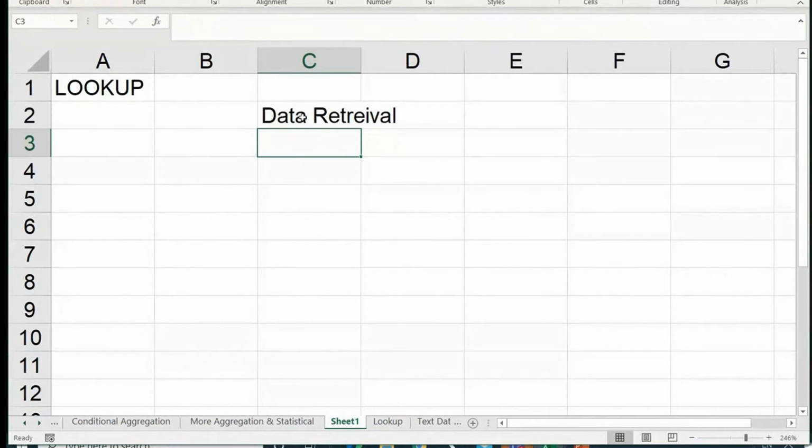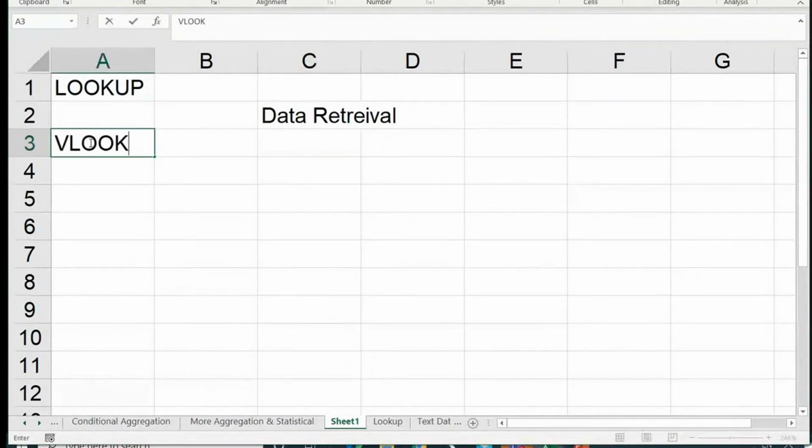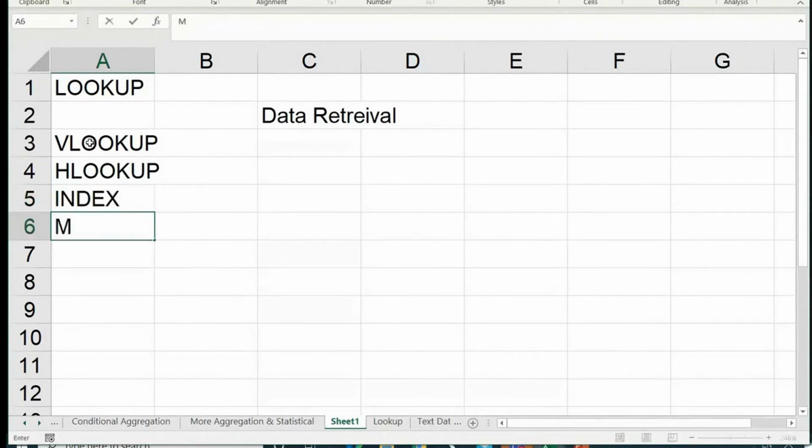Retrieval can be done through many lookups in Excel, and VLOOKUP is one of them. Guys who know it, know VLOOKUP stands for vertical lookup, right? And there is also HLOOKUP for horizontal lookup. And there are functions like INDEX and MATCH, which are also helpful for making lookups, mainly INDEX. MATCH is something else. We will learn that also today.